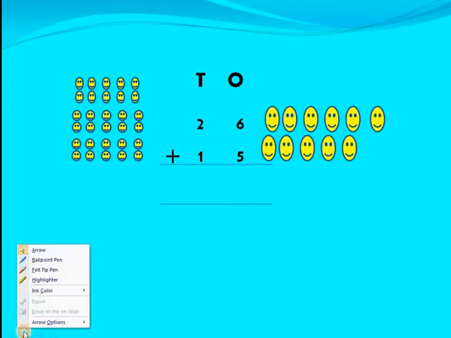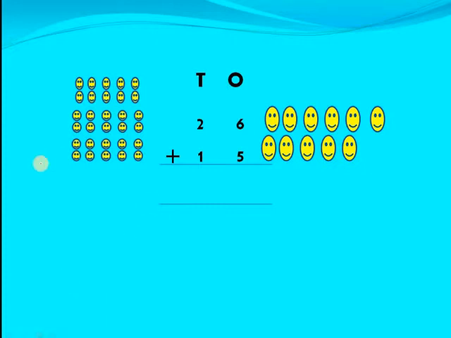Now when we add, we need to count the smileys of ones place as we start from ones. The answer here will be 11. 6 plus 5 is 11. So it's a double digit number. 1 in ones place and another 1 in tens place. So this 10 is to be regrouped. That means I'll take away this 10 from here and I'll be adding it to tens place. Okay. And what will be left is this.